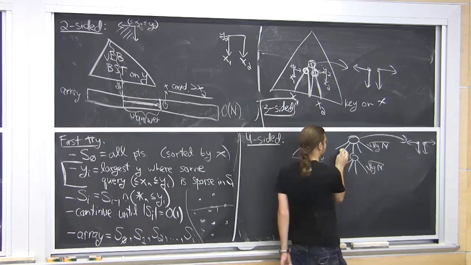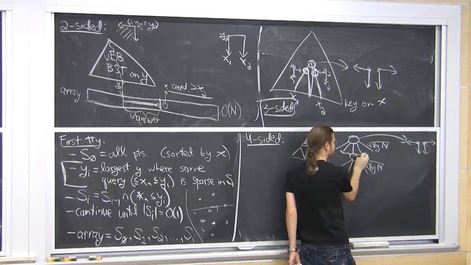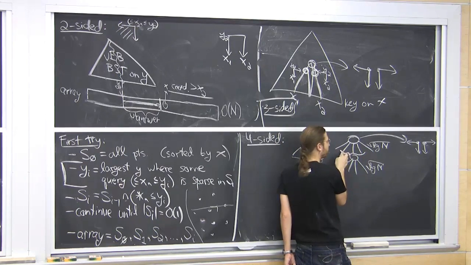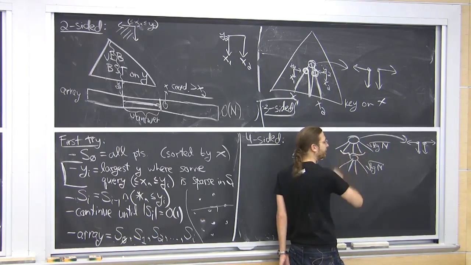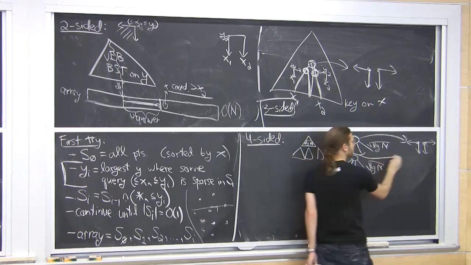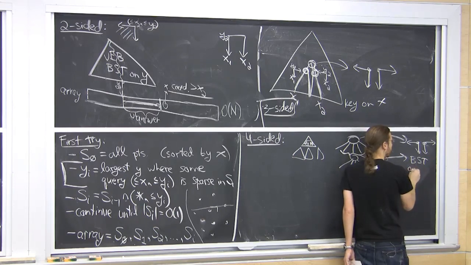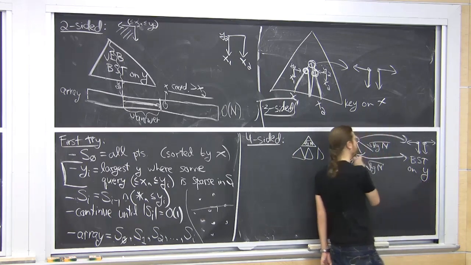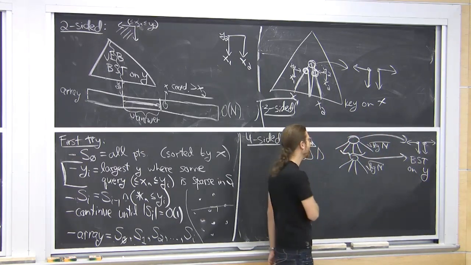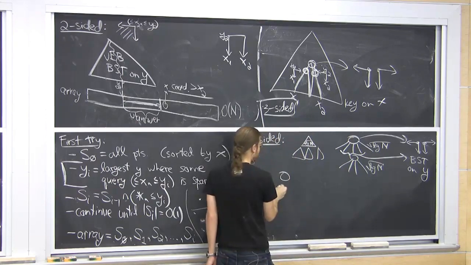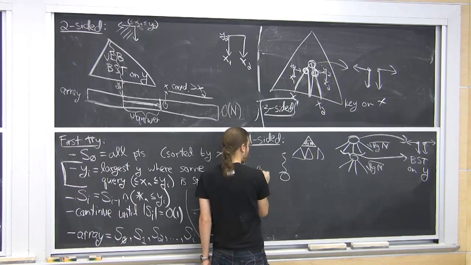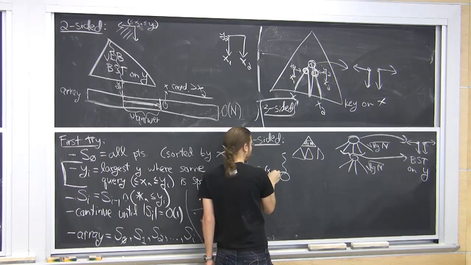Namely, for any interval of children, like here you have some start child and some end child, I want to store, for all the points that are down there, a regular binary search tree on y for those points. Why? Because if we do a search, same deal, we find the LCA of x1,